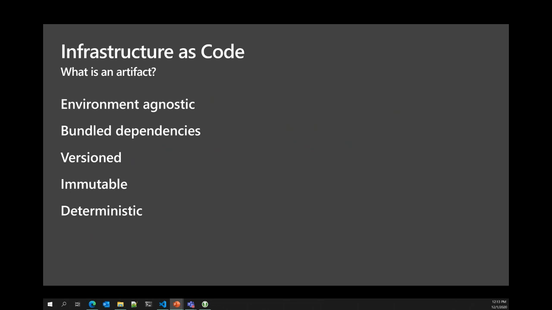The next one gets a little bit more complicated, and this is bundling of dependencies. So in the application world, this is a model that's existed for quite a while of, I don't want to have to continually reinvent the same thing. And so in software world, we have these concepts of dependencies or external libraries that we can reference within our code so that we don't have to write the same code over and over again.